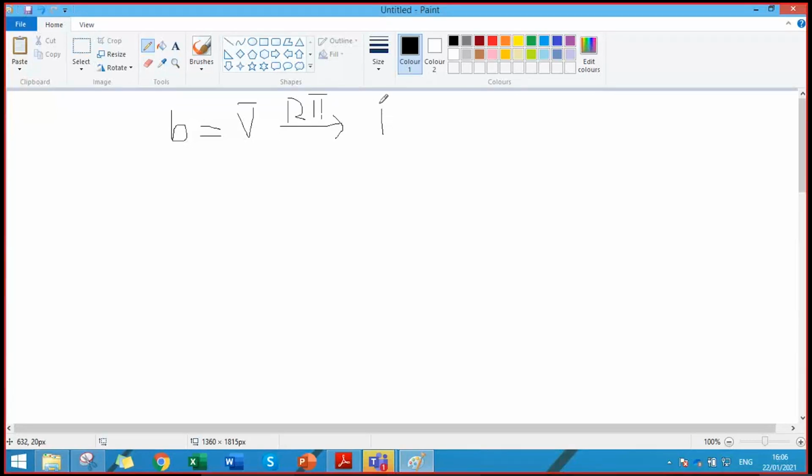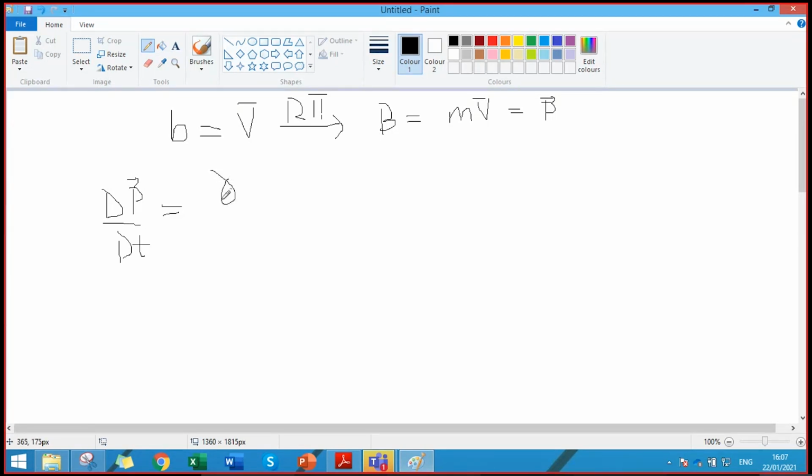And capital B becomes mass times velocity, which is basically equal to momentum. And if we write the Reynolds transport theorem for this, then we get dP by dt equal to